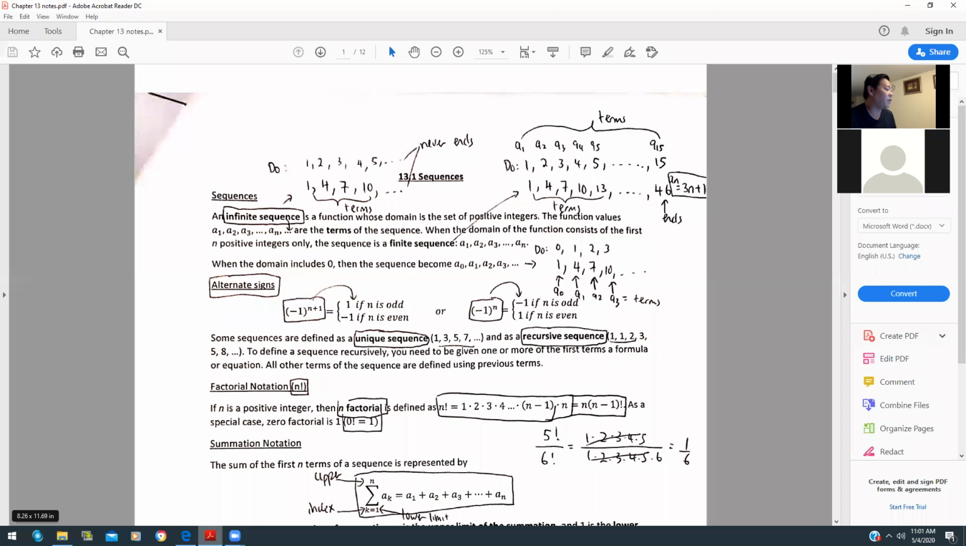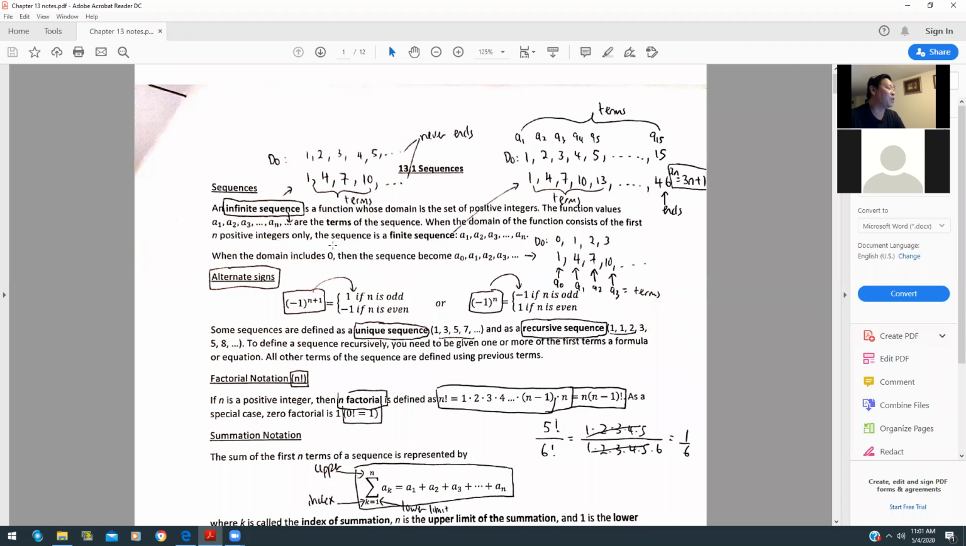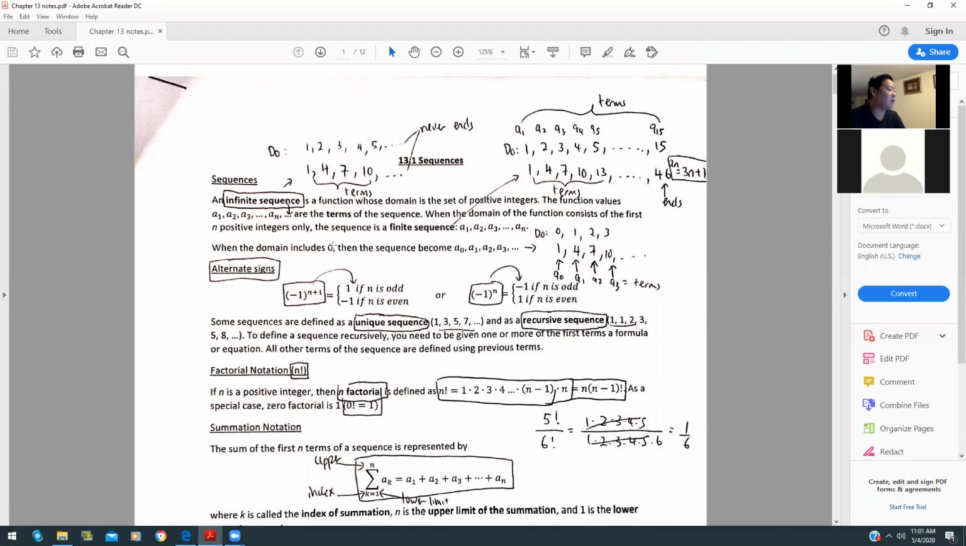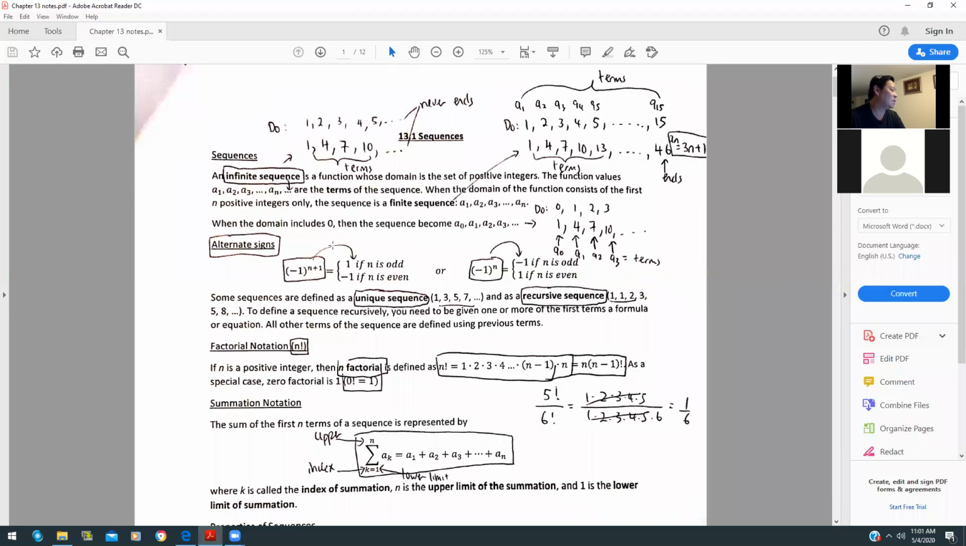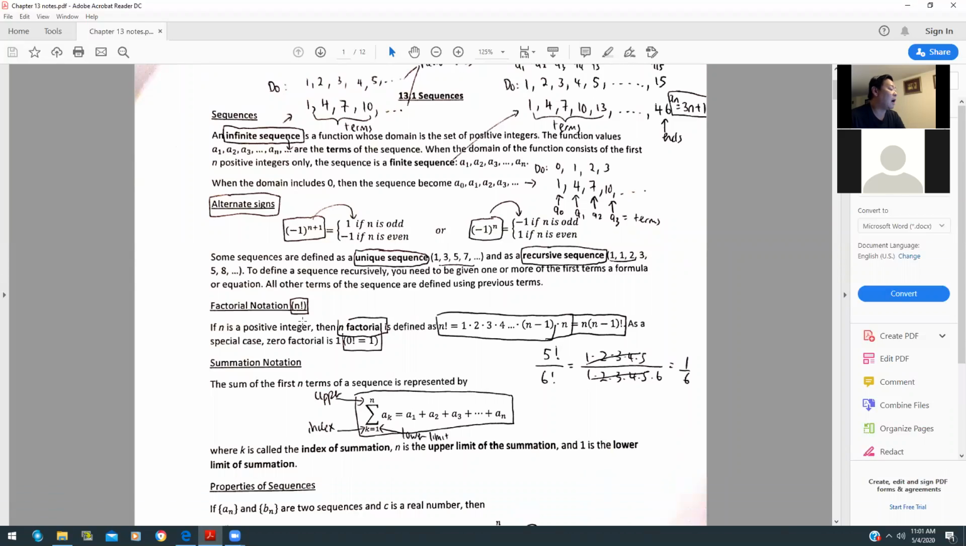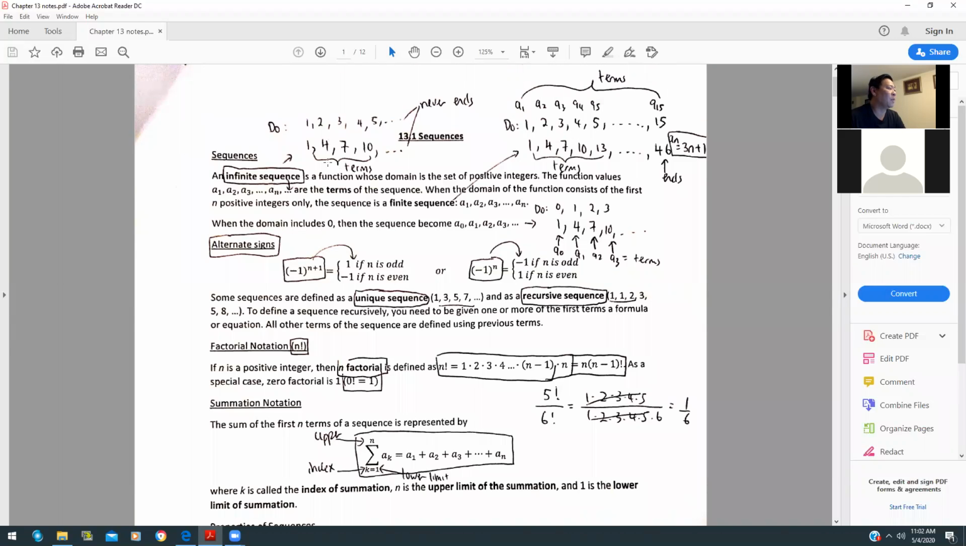So we start out with the notes for 13.1. We've got 3 sections of chapter 13. We do not do 13.4. So we have sequences in 13.1, and we'll talk about sequences right now. I think a lot of you know what a sequence is in this case. The main part here is factorial notation. We need to know how to write sequences in